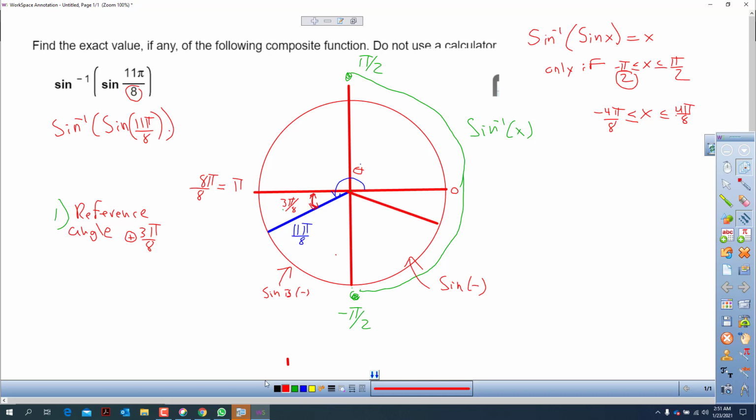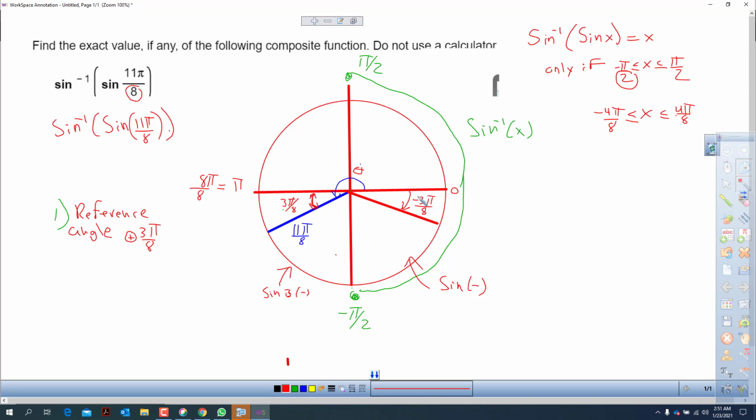Okay, so you need to adjust this angle. Actually it goes like this. The actual angle you're looking for goes like that. And since this angle goes counterclockwise, this is going to be the initial side of the angle, it's going to be the terminal side of the angle, and it goes counterclockwise. It's negative 3 pi over 8. Okay,